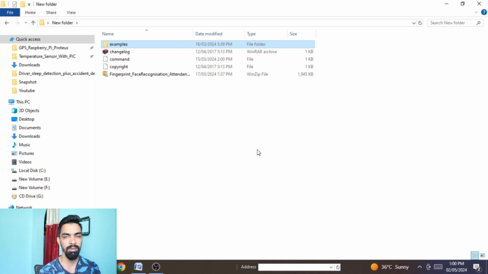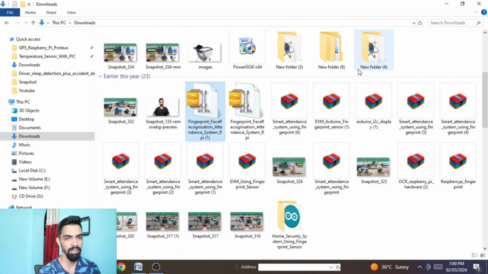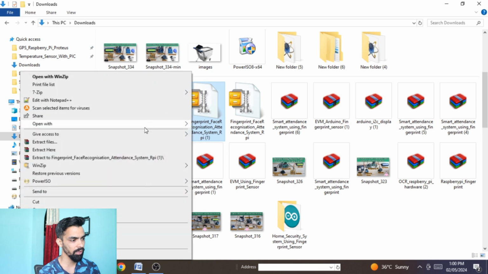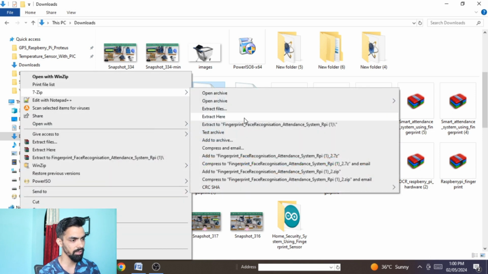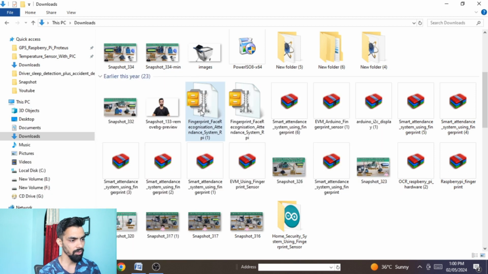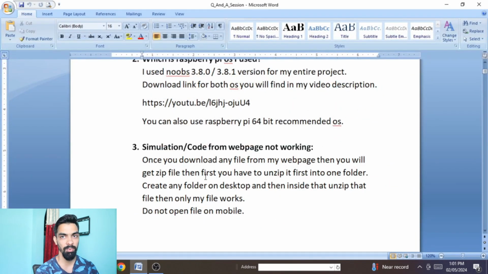Many students make this mistake: after downloading the folder onto their laptop, they directly extract it into the Downloads folder itself. Once you extract there, all the files get extracted into that folder, and because of that your project does not work. Sometimes you face problems like files missing or paths missing.